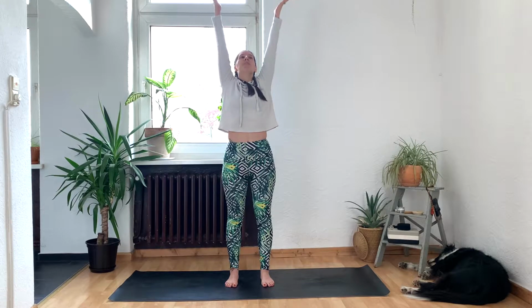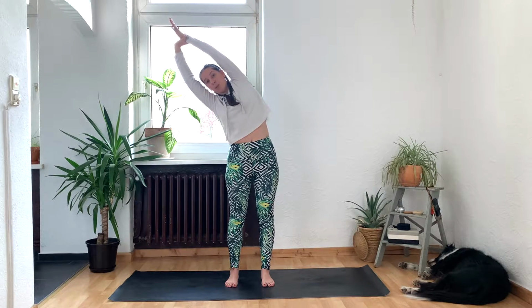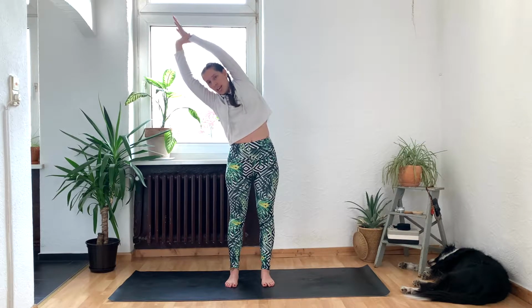So inhale, both arms reach to the sky. This time grab your left wrist with your right hand. Pull your left arm to the clouds. And then exhale, lean over to the right. Notice if you're dumping more weight into your right foot, can you press through both feet evenly? Take another inhale breath. And as you exhale, start to